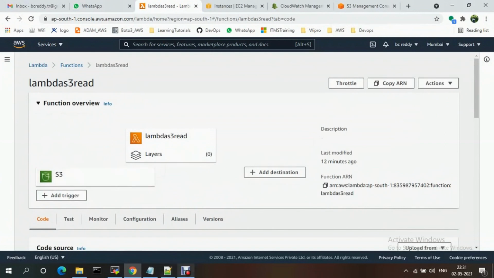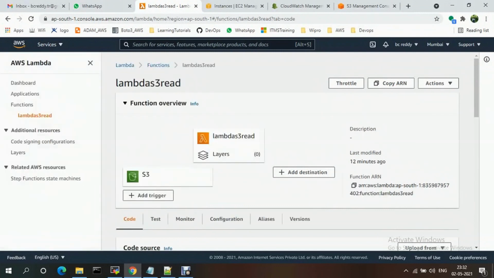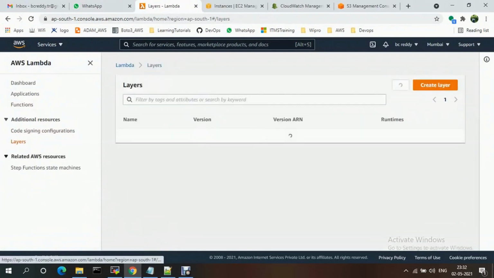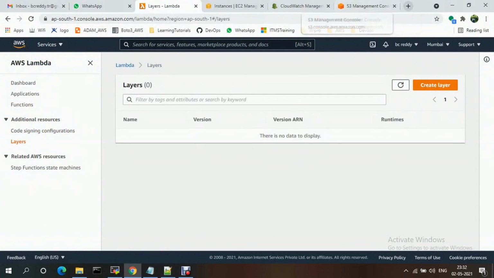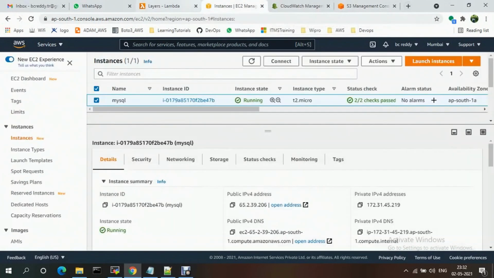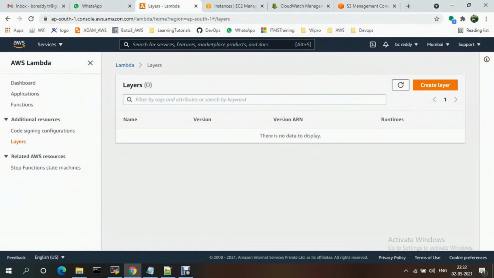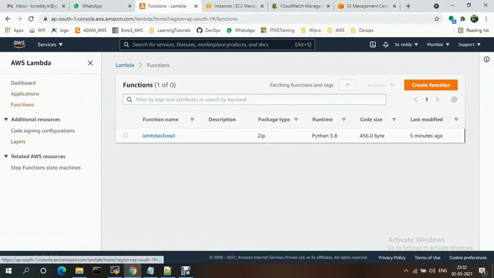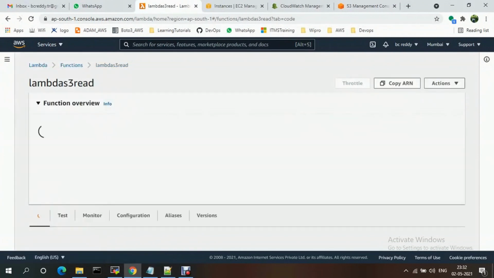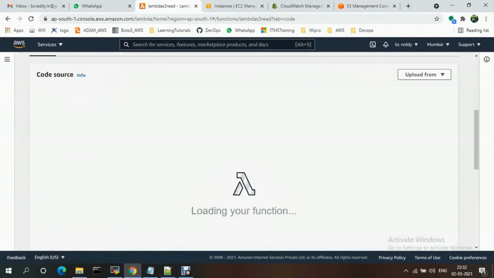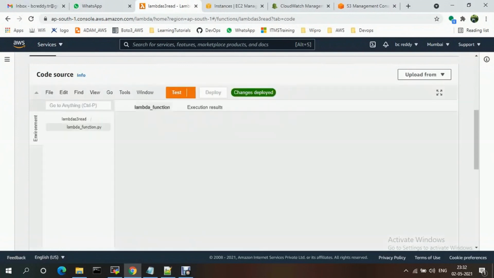Now see, next concept is layers. So what is a layer? Basically we have layers in the lambda functions. If you go to here, layers should be there, right? If you want to create, you can create your own layer. Suppose, see, in the lambda functions we just saw that not all libraries are supported by the lambda function. So if you want to use your own library, at that time you can create your own layer.